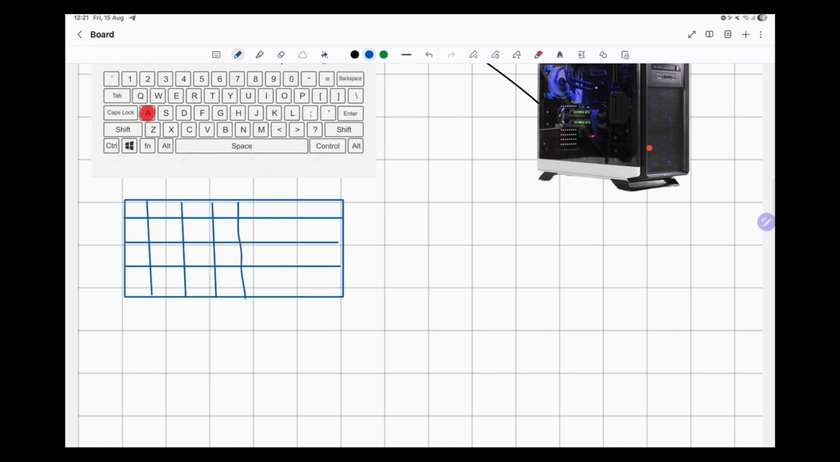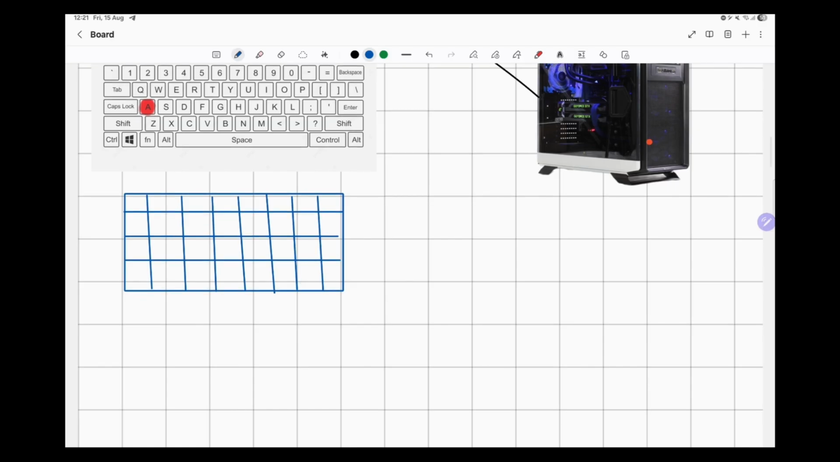All the keys on the keyboard are arranged in this grid manner. Let's assume that this is the letter A or the key A. What is a grid? A grid is nothing but rows and columns. So when I press A on my keyboard, when I'm typing, what will happen is